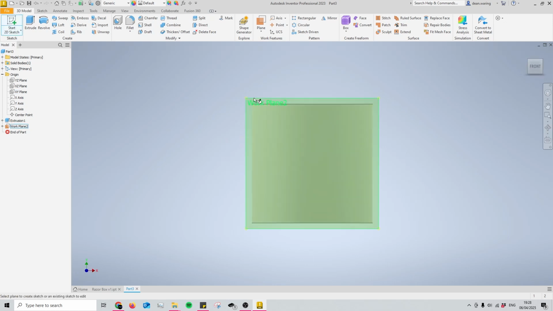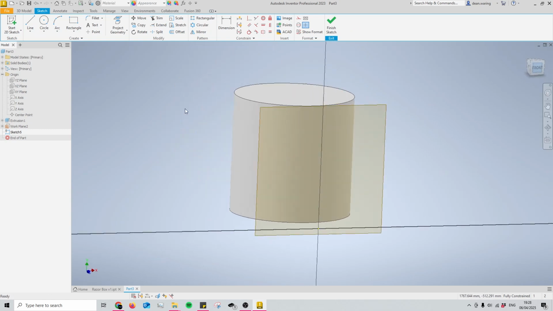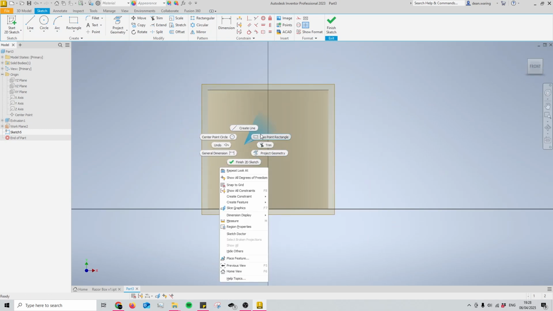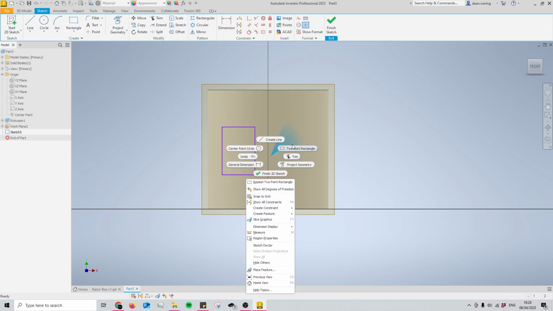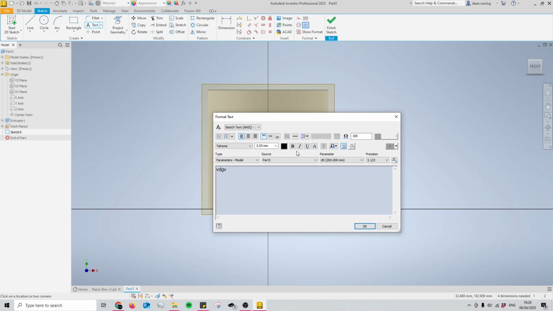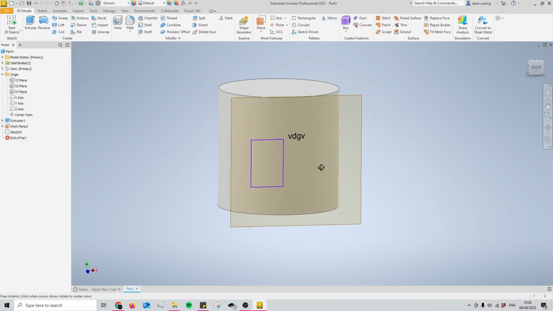After that I'm going to start a sketch on this plane, on the plane, nothing else. And this is what we want to be projecting onto our curved surface right here. So if I decide to do a square and then some text, I'm going to make the text a little bit bigger, that way we can actually see it. So if that's the geometry that I want to put onto this curved surface, then I'll finish up the sketch,